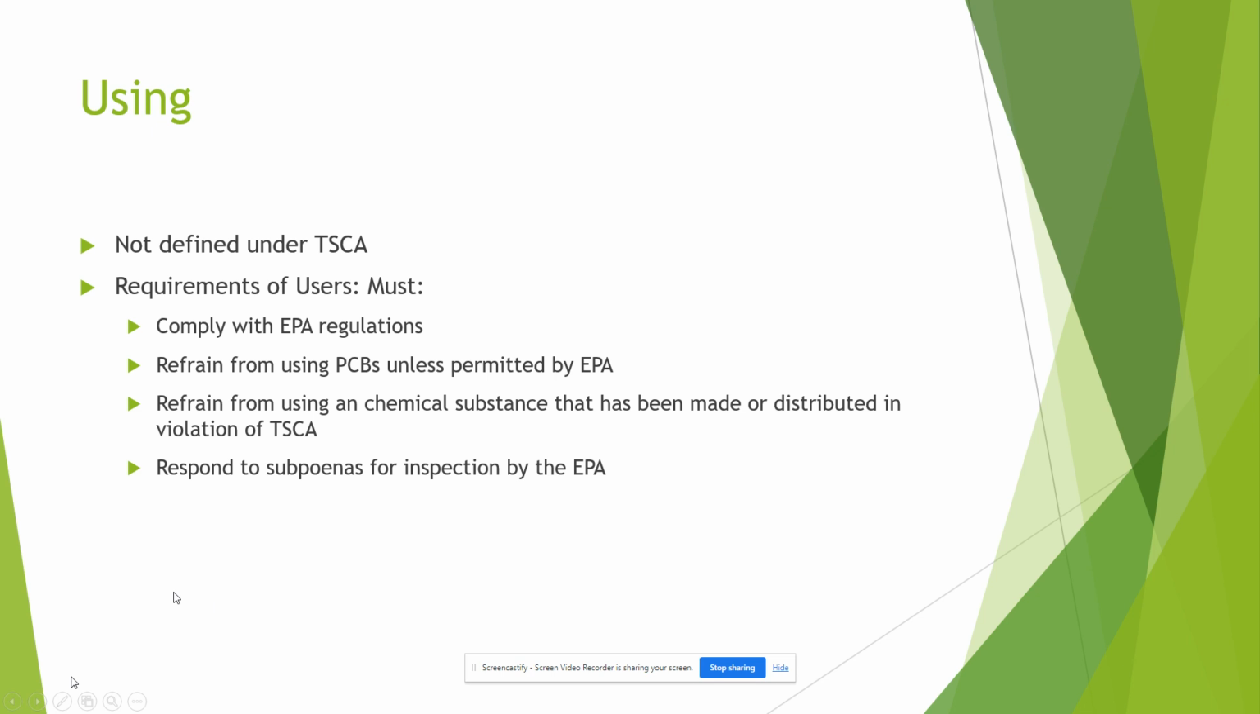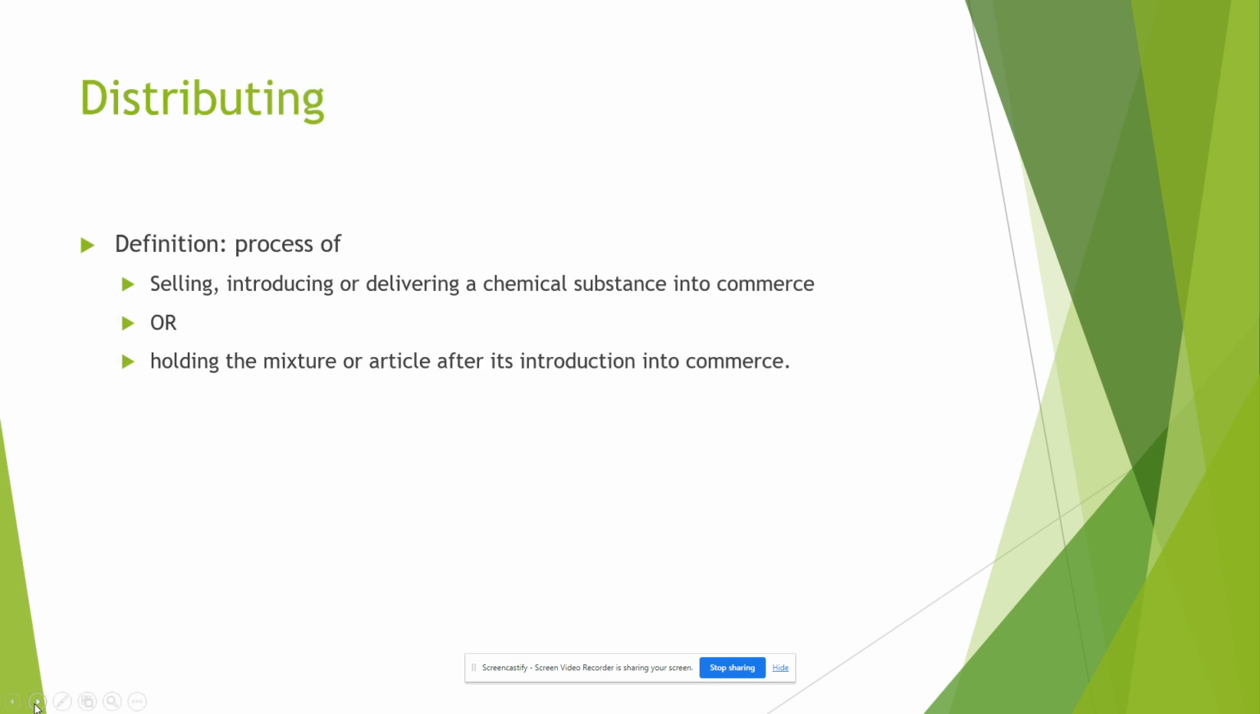Okay, so the users aren't defined, but anyone who is using one of these chemicals has to comply with the regulations. They can't use PCBs unless specifically permitted by the EPA. They can't use any chemical substance that isn't complying with TSCA. And of course, if there's any request for information or inspection by the EPA, they have to comply with that as well. Okay,